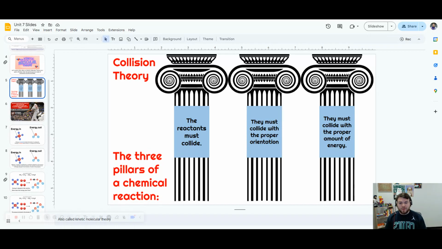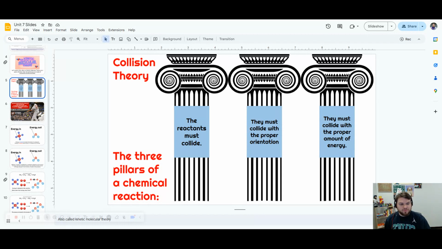Then they not only must collide, they must collide with the proper orientation, right? So maybe the reaction is happening where a hydrogen leaves one molecule and goes onto the oxygen of another. Well, that reaction is not going to happen unless that hydrogen and that oxygen collide, right? So they have to collide with the proper orientation, or the proper way in space, and then